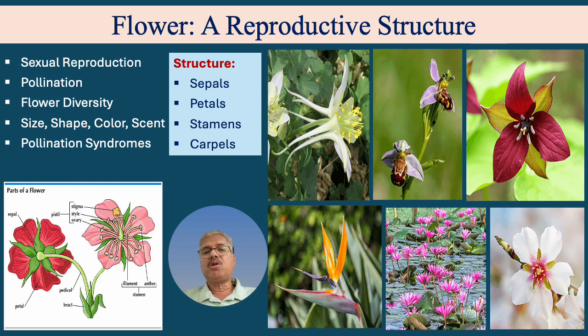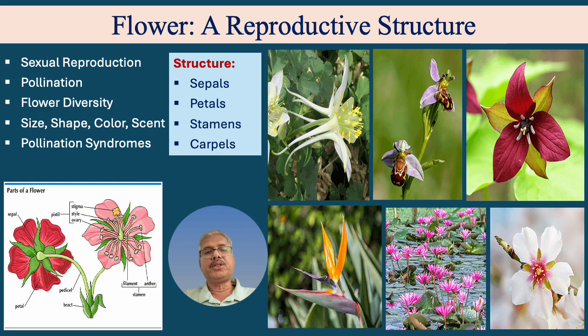After fertilization, the ovary of the flower develops into the fruit, which encloses and protects the seeds. The flowers range from minute to very large, with diverse shapes adapted to specific pollinators. A wide array of colors attract different pollinators. Some flowers produce fragrance to attract pollinators, while others may have no scent. The flowers have evolved specific adaptations to attract particular pollinators, known as the pollination syndromes, like insect pollination, bird pollination,